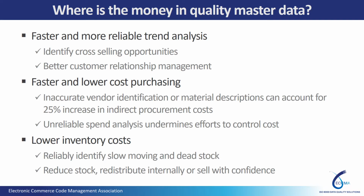So the real question you have to answer, of course, is where is the money in quality master data? Why would you spend your time and your effort and your company's money in improving the quality of master data if you cannot justify the value you're going to get from it? Well, there are three really easy ones you can look at. We call them low-hanging fruit. First, on the sell side,